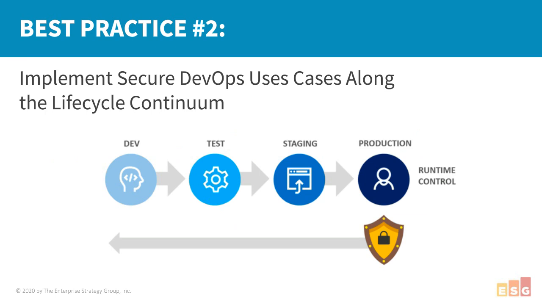Okay. So best practice number 2 is implement secure DevOps use cases along the lifecycle continuum. A number of ways we could have drawn this graphic. A repeating recycling circle probably would have been a more appropriate graphic, to be honest with you, because everybody on the call, I'm sure, has seen this CI/CD horizontal figure 8 loop. So that's the way we should be thinking about this, that there is a continuum of the app lifecycle from dev time to build time to run time, right back to dev time and so forth.